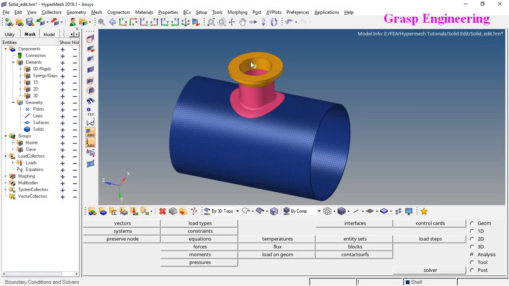Okay, so you just need to follow all the process for this nozzle shell junction, from solid editing to now mesh. Next we will create a deck, the FEA deck, and then we will go to ANSYS Classic. There we will discuss how to perform the finite element analysis for this nozzle shell junction.